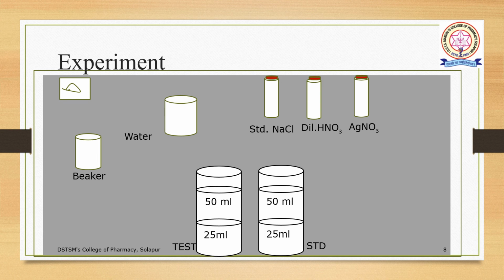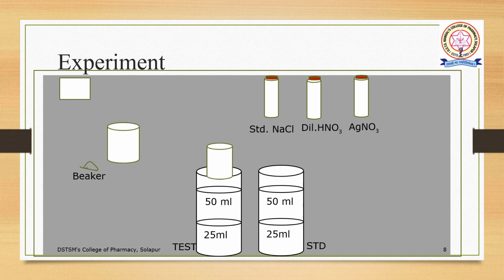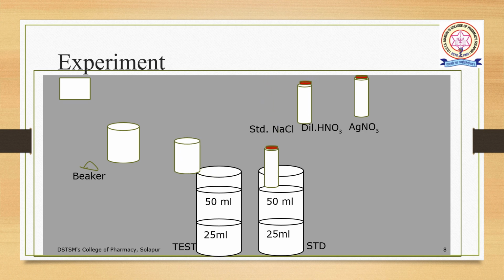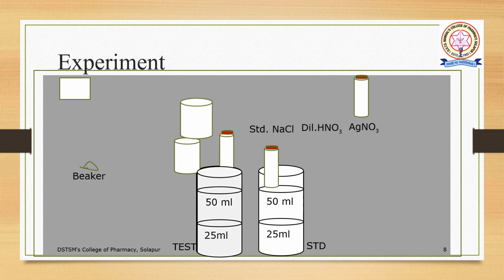Then it will be dissolved in water and after dissolution it will be transferred to the Nessler cylinder. Then for standard solution, 1 ml of sodium chloride solution will be taken. Then we have to add dilute HNO3 in the standard as well as in the test solution. 10 ml quantity is added. Then the volume is adjusted up to 50 ml by using distilled water in the test as well as in the